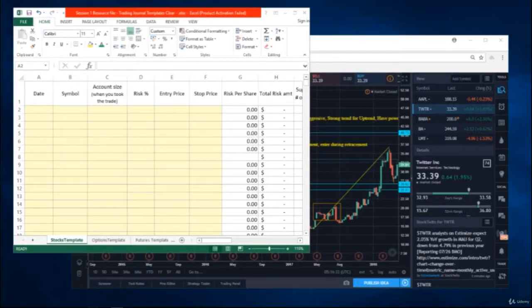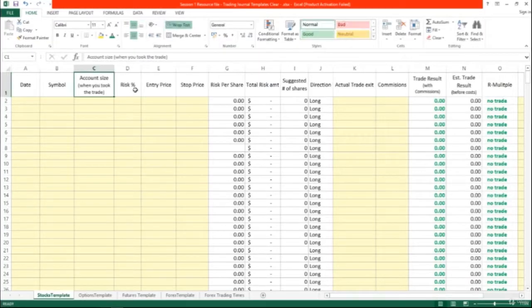In this topic, I will show you how to use the trading journal template. As you can see here, this is the trading journal template. You can see there is date, symbol, the account size, risk, how much risk you take to get into a position in this trade, your entry price, your stop price, risk per share, total risk amount, suggested shares to buy,